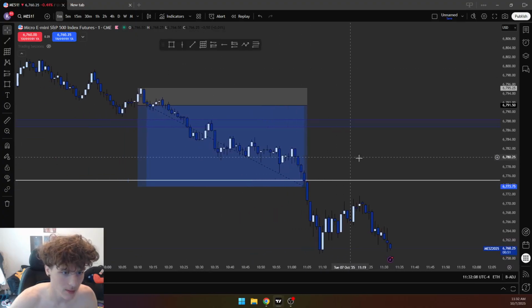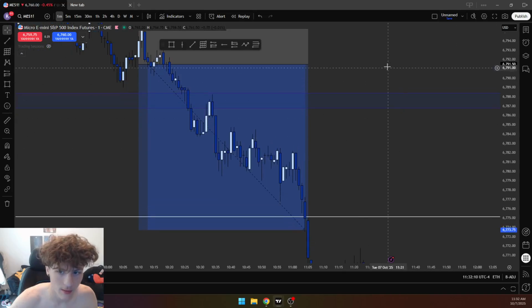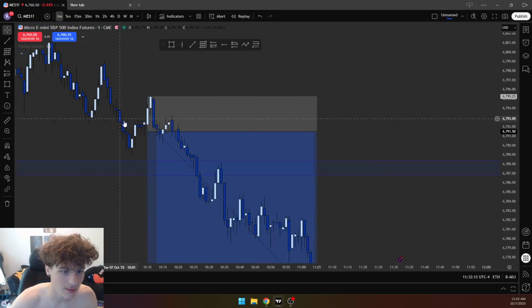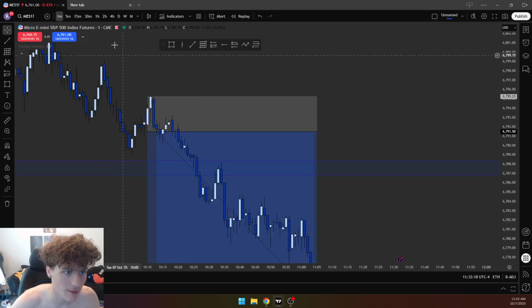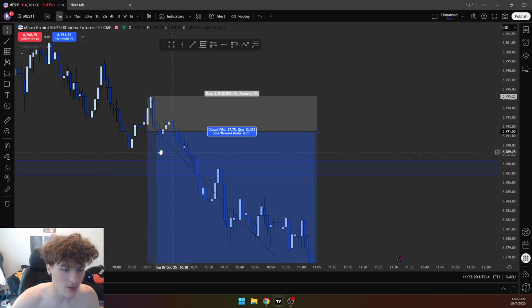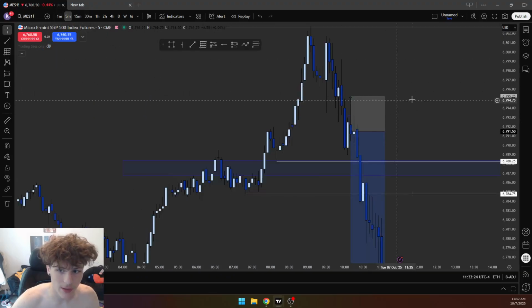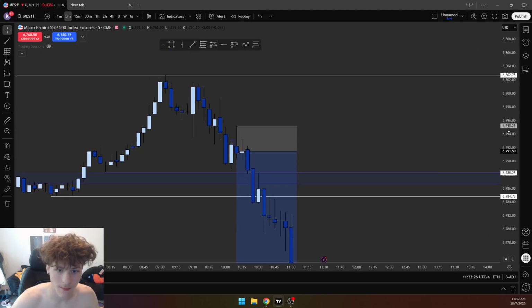Alrighty, so we can see right here, why is it being really strange like this? A 1 minute fair value gap gets formed right here, bullish on the upside after this 1 minute break of structure. After we close above this, bam, we come up just to take some kind of internal liquidity, and we can see that on the 5 minute as well.